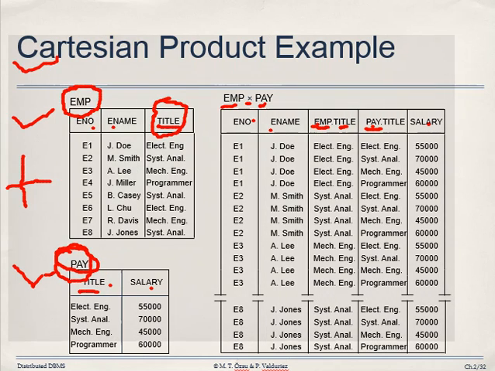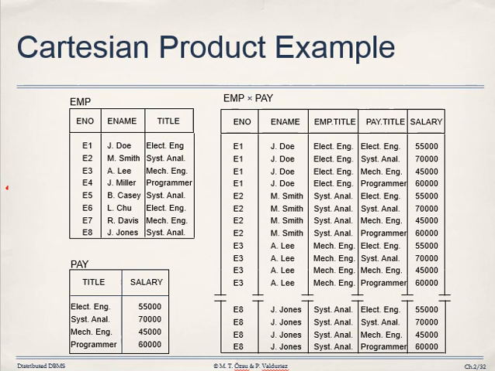But what about the number of tuples? So n1 multiplied by n2. What are n1 and n2 in the previous slide? n1 and n2 are the cardinalities of those relations. So how many records are there? 8 here, and 4 here. So in total we will get 8 multiplied by 4, that means 32 records.